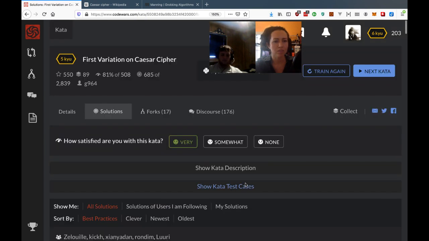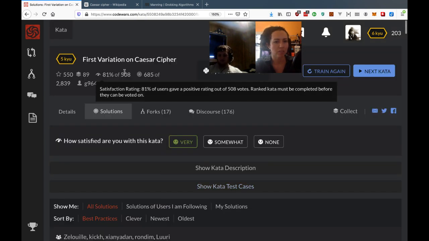Sometimes these percentages, like 81%, are downvoted because of a bug in a specific language that might not be your language. Maybe there was a bug in Rust or JavaScript or something, but it works perfectly in Python. I wish there was some kind of a filter for the percentages.